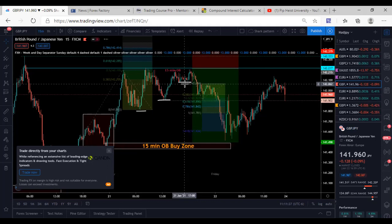Be very picky about your trades. If it does not follow your trading strategy to the T, do not take the trade. And likewise, if it does, take the trade, because scared money don't make no money. So that's that. In your trading strategy, you also want to make sure that